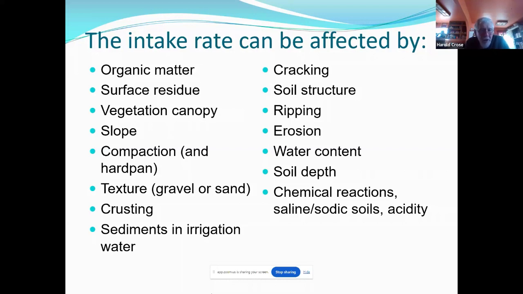Compaction I talked about, or hard pan. And you're going to find this in some areas like the Shano series soils, where there's a caliche layer at about 18 inches. That's impenetrable. So you're really only working with 18 inches of soil for plant growth and water application. So understanding that